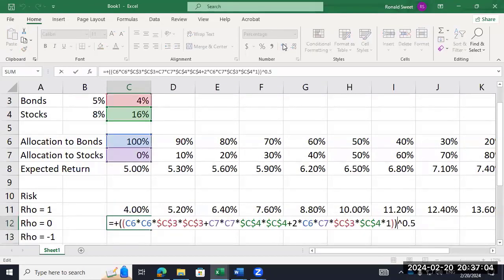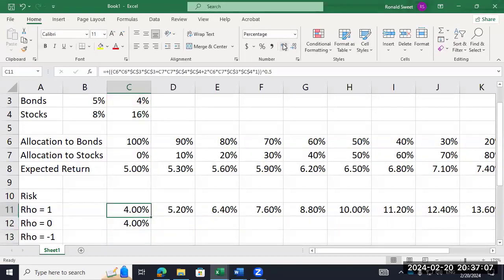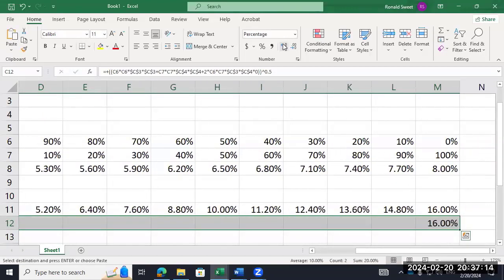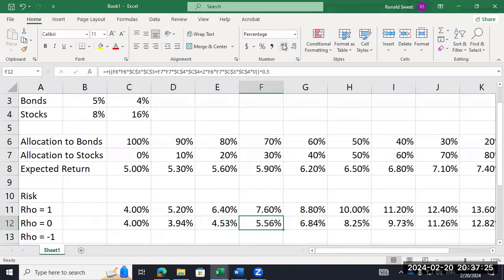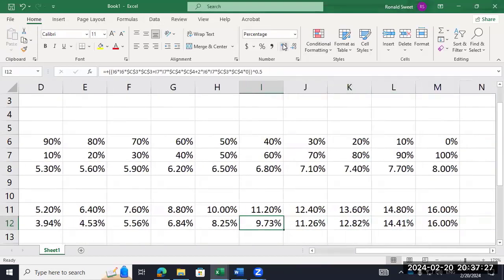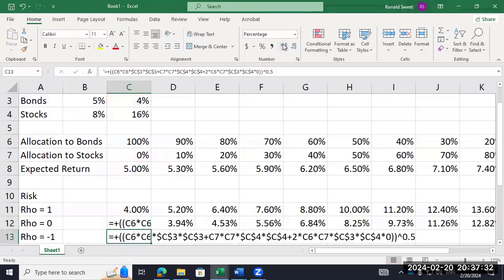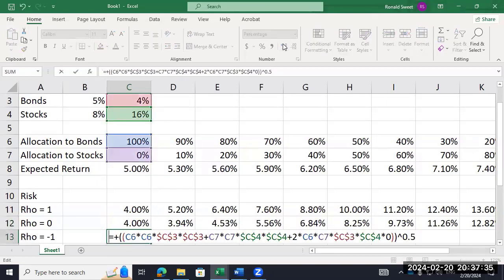So there it is if it's 1, but what if it's 0? It's the same there, obviously. And it's the same there, obviously, but is it going to be the same in between? It's going to be higher or lower? It has to be lower. There's no way you can get higher than the average of the two. So it's going to be lower. How much lower is it going to be? Quite substantially lower. Now, what if correlation is -1? We get an interesting point on the curve. What's the interesting point? We may not get it here because I don't know if I used the right numbers, but what would be an interesting point on this curve? On risk, do you think?